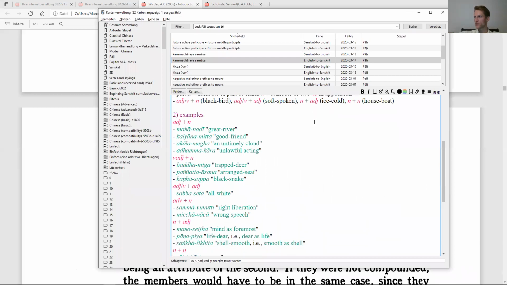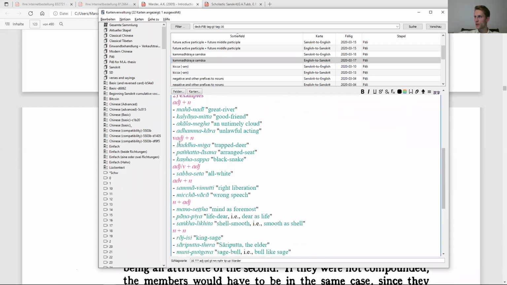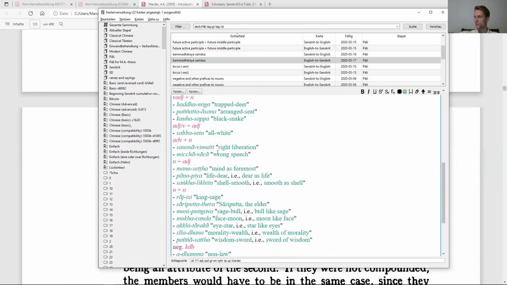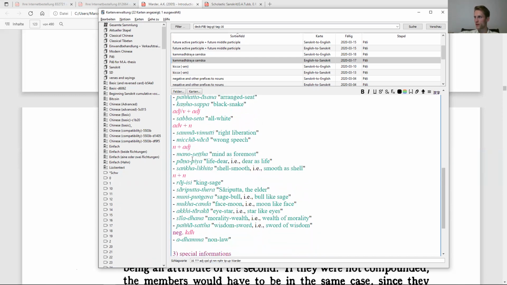We have, for example, adjective plus noun: mahānadī, great river; kalyāṇamitta, good friend; akālamegha, an untimely cloud. Adhammakāra, unlawful acting; verbal adjective, meaning a participle, plus a noun: baddhamiga, the trapped or bound deer; paññattāsana or paññatta āsana, arranged seat. Kaṇhasappa, black snake; adjective plus adjective: sabbasetta, all white. An adverb plus a noun: sammāvimutti, right liberation, and micchāvācā, wrong speech. Noun plus adjective: manoseṭṭha, mind as foremost;